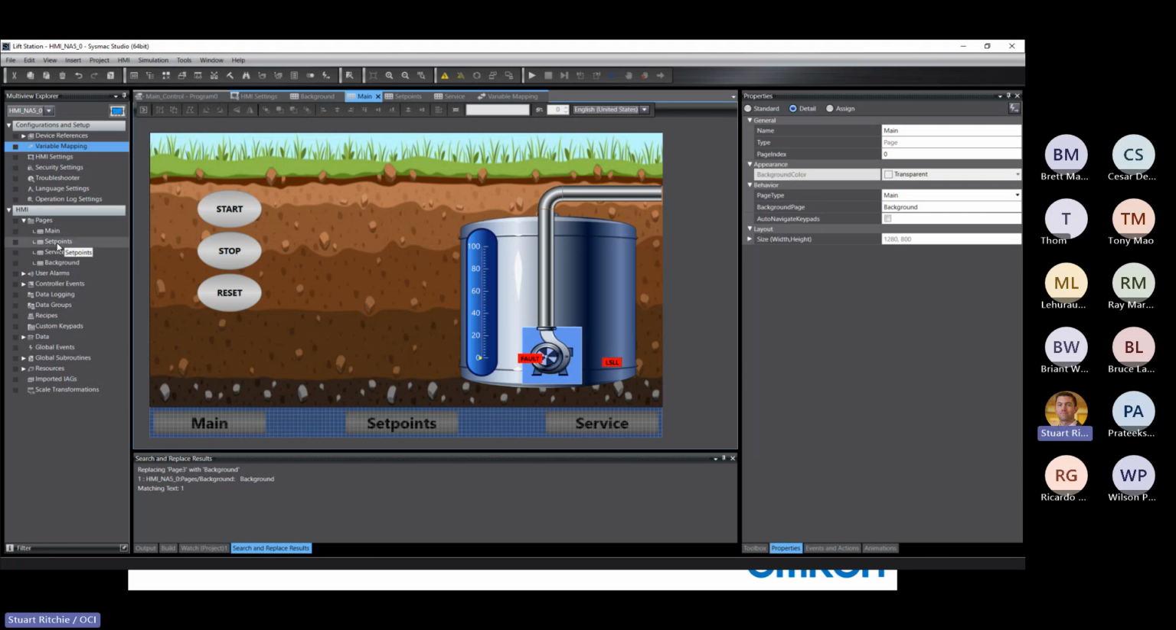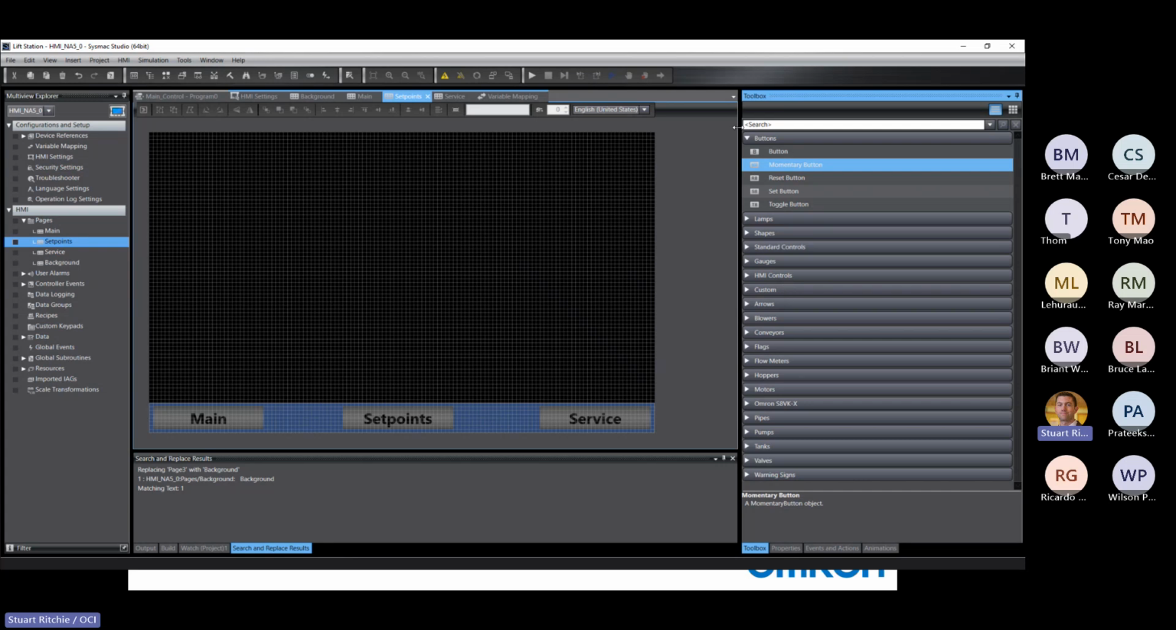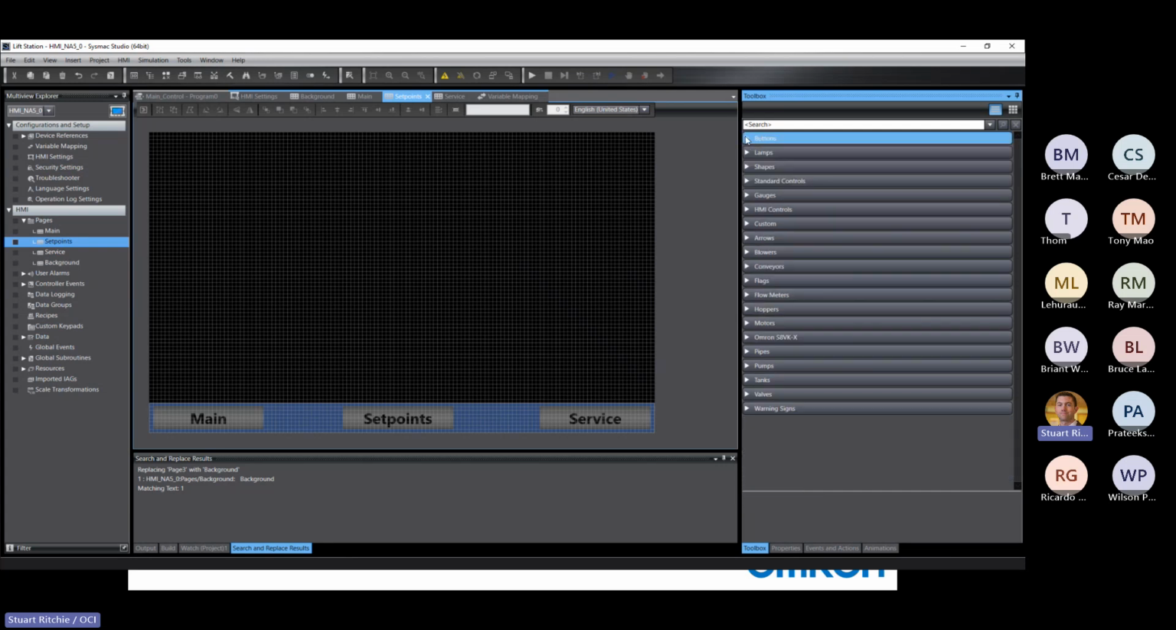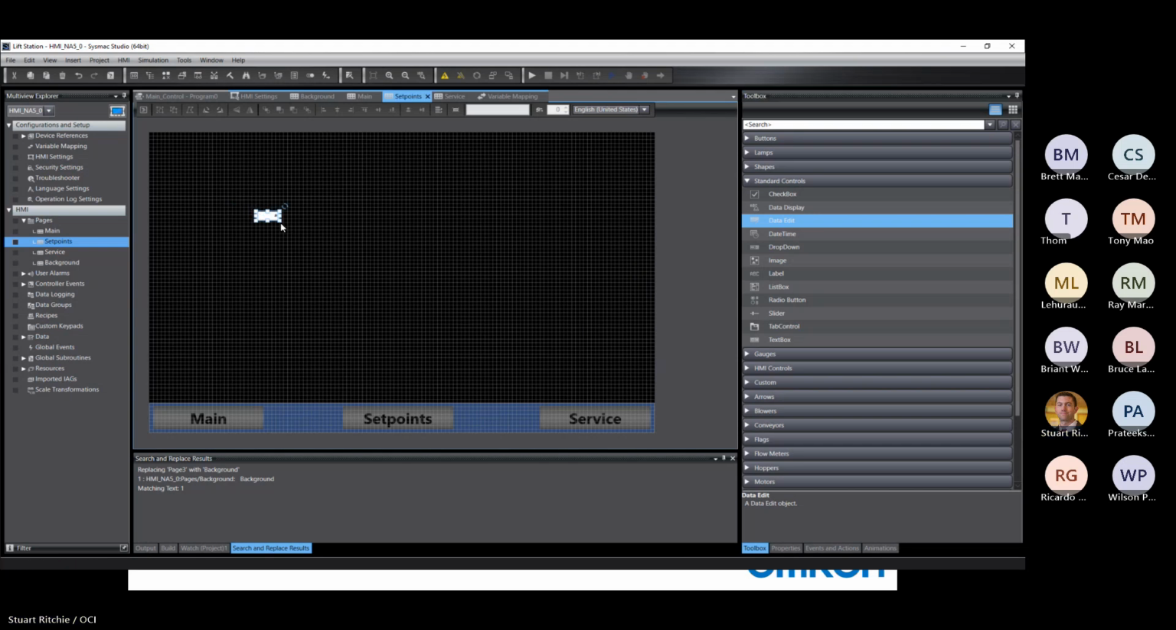Now we're going to go to the set point screen and work on our set points. So in our toolbox, if we want to edit a numeric variable in the PLC, we're going to go to our standard controls category, and we're going to grab a data edit object, and we'll drag that onto our screen. Make it a bit bigger. We'll increase the font size at the end here. But if you double click on that data edit object,